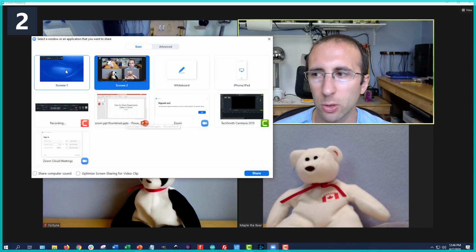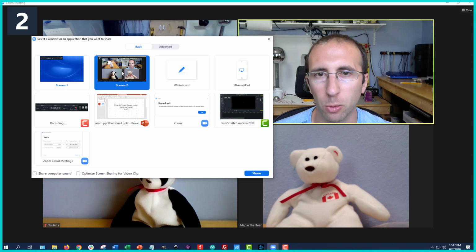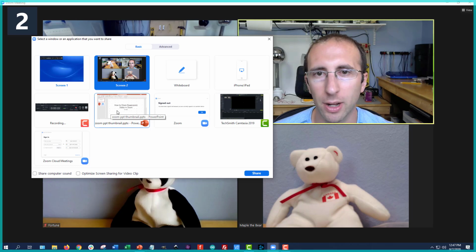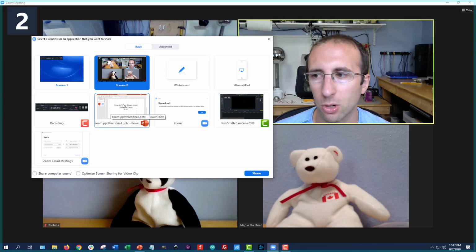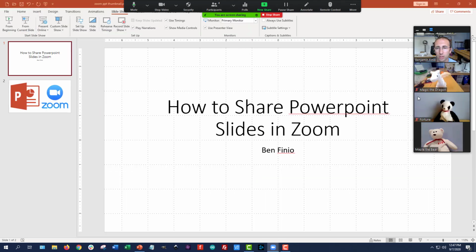So Zoom does give you an option to share everything that is on a monitor, meaning you can switch back and forth between programs. But if you're only going to be sharing your PowerPoint, it's easier to just pick that PowerPoint file, and again, that reduces the odds that you will inadvertently share something else that you may have left open, like your email. So select your PowerPoint file, click Share in the bottom right, and you will immediately switch